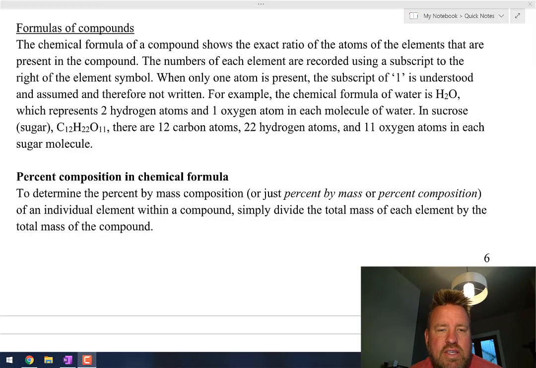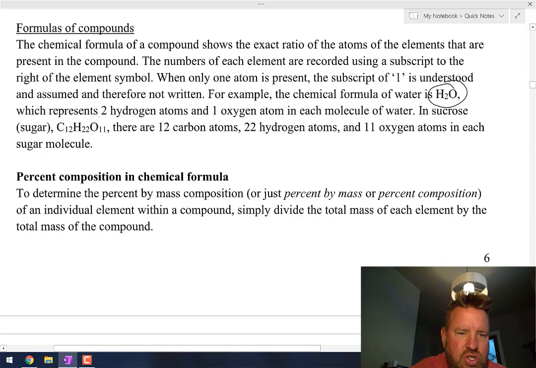In our first lesson in Unit 1, we learned about pure substances versus mixtures. One of the pure substances we talked about were elements, and the other we talked about are compounds. One of the reasons that a compound is a pure substance is because compounds never change. For example, the chemical formula of water, that compound H2O, is always H2O, which represents 2 hydrogen